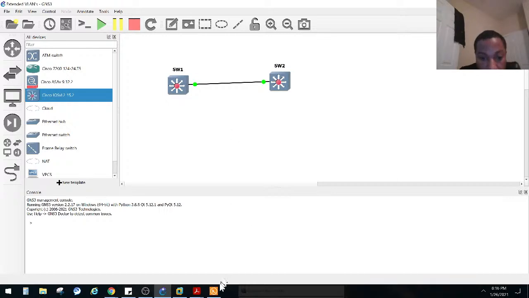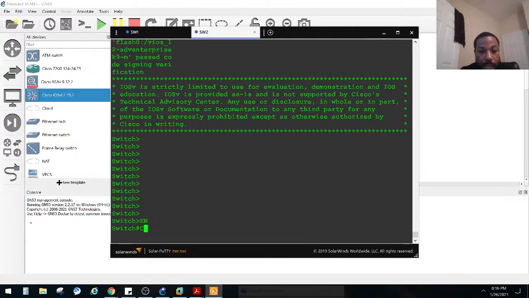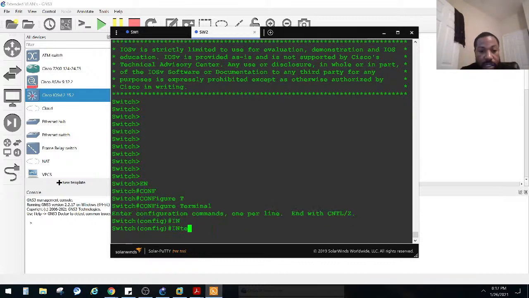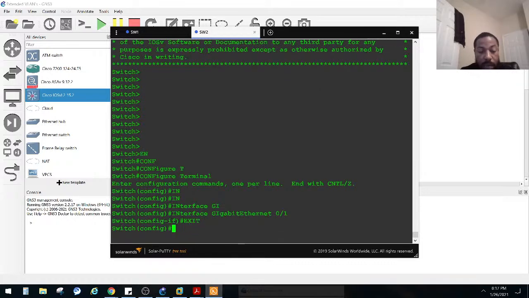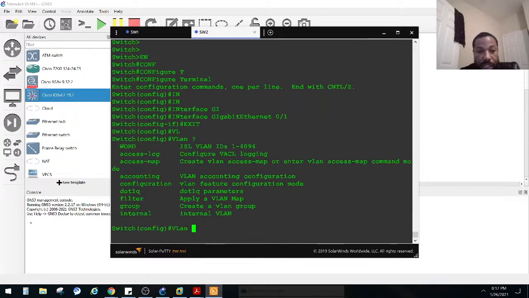So we consoled into switch 1 and 2 right here, right? And let's go to global config mode. Enable, global config, and let's just pick one of these interfaces. Interface GI0/1, and actually, let's get out of this. We're going to create a VLAN. VLAN, and then you can put the VLAN number. That's how you create it, right? So if you notice here,